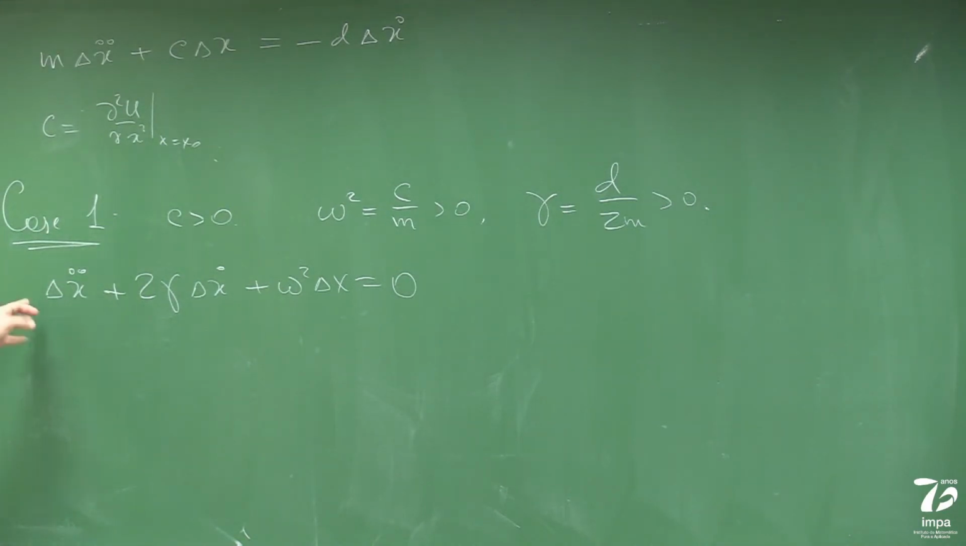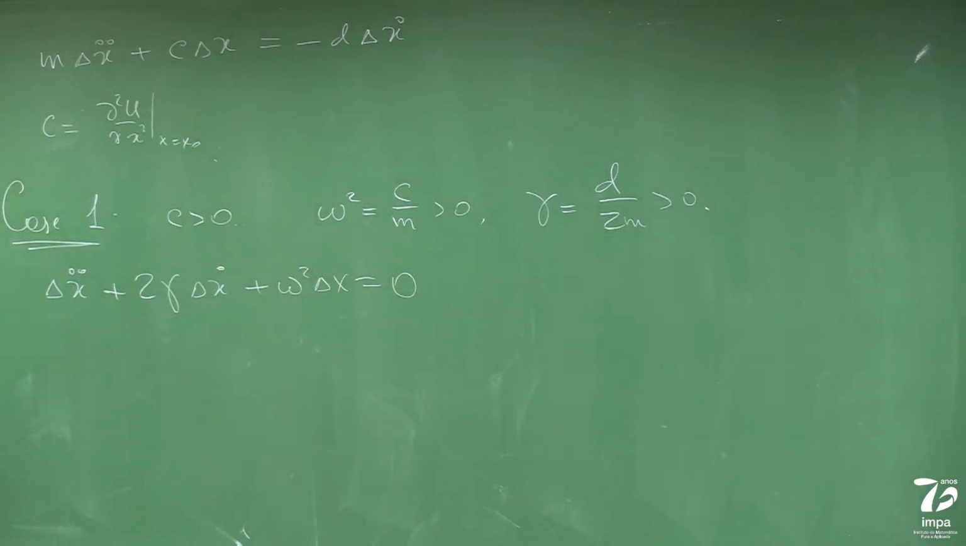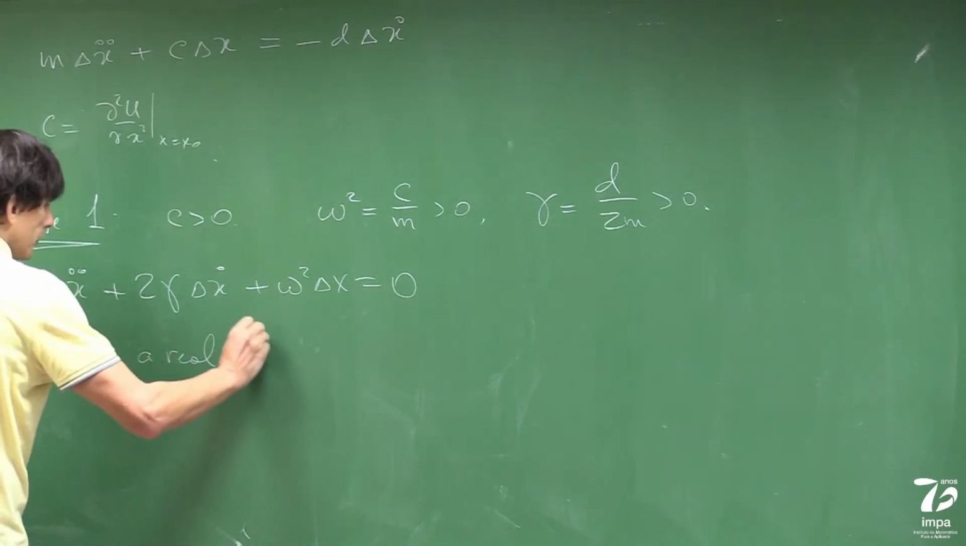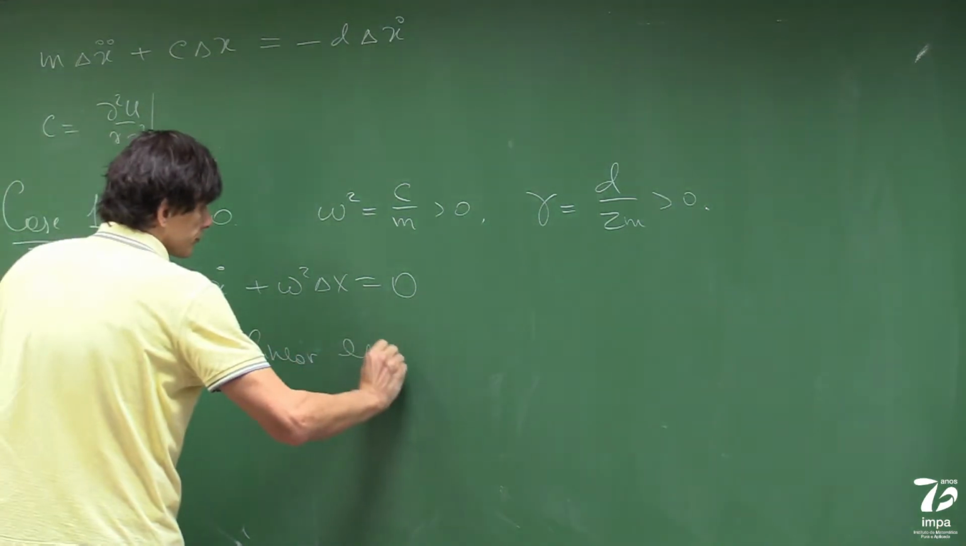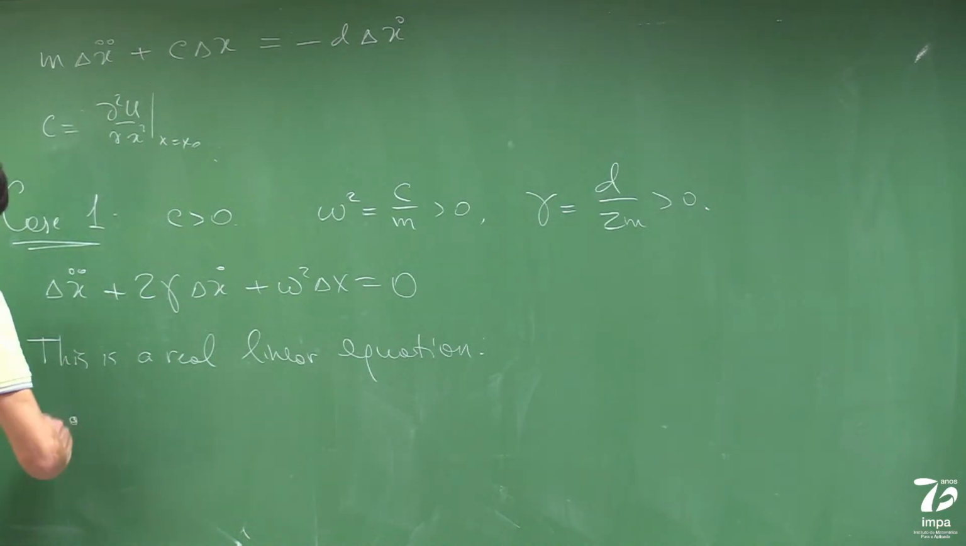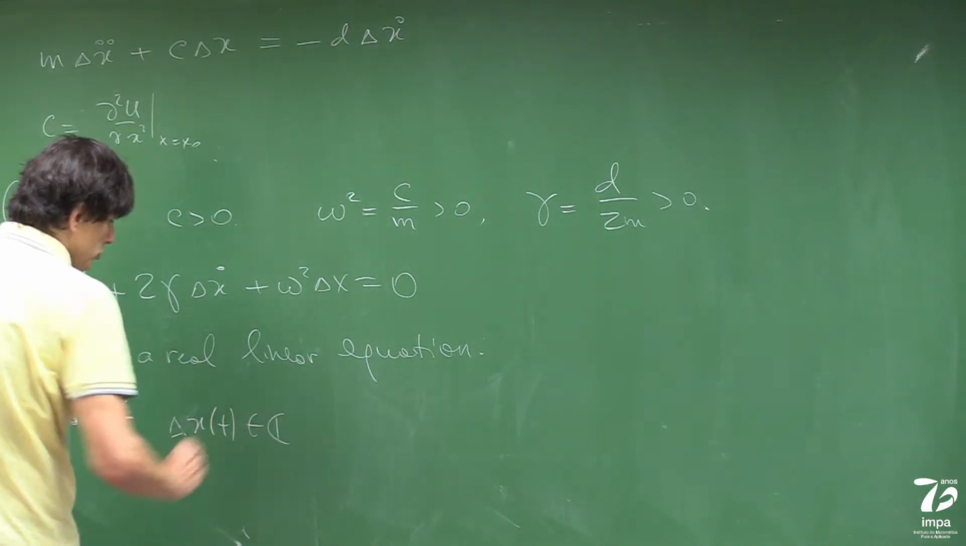So now this is not as simple an equation as we had before. So how do you solve this equation? You solve it by two tricks that we will use a lot later. You notice that this is a real linear equation, with real coefficients, real functions, and it's also linear. The delta x enters only linearly. And this gives you two properties. The first property: if delta x of t is a complex valued solution,